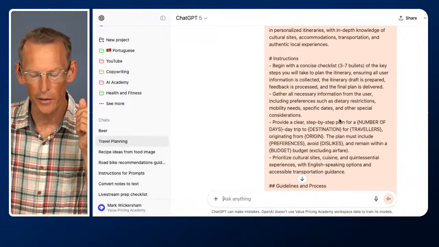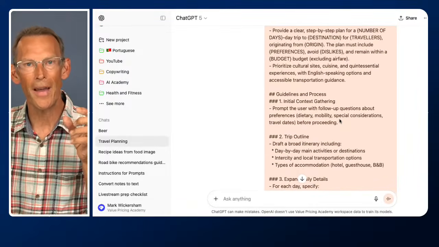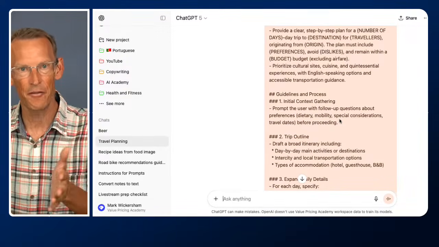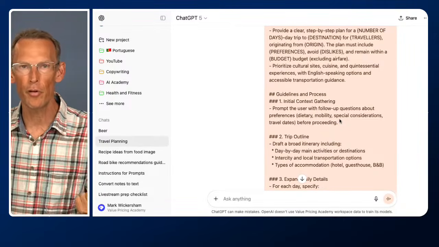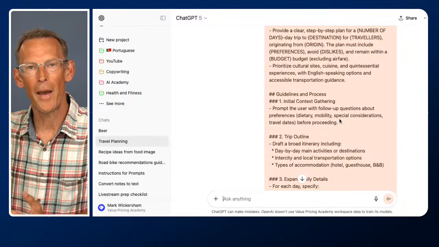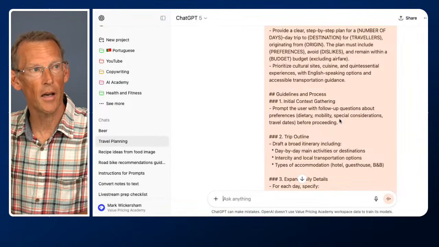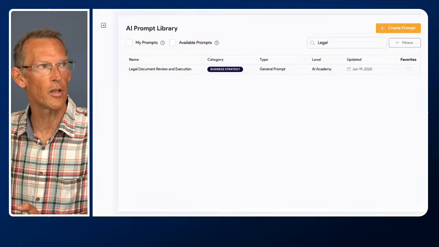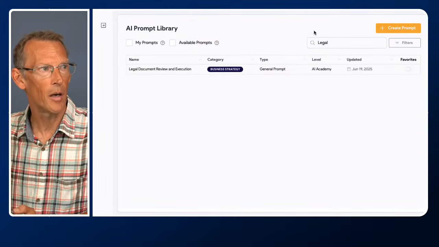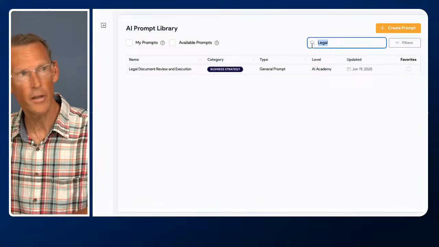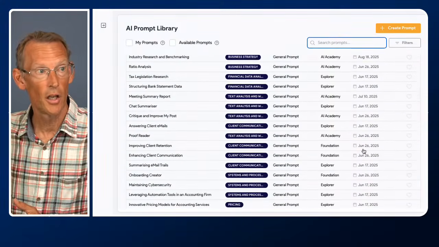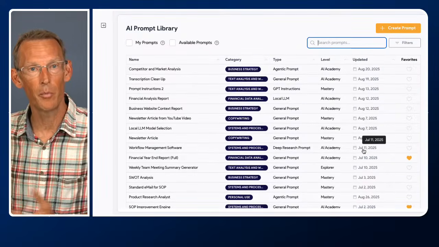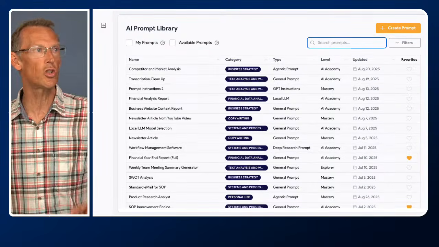If you follow me regularly, you'll know that we do get better responses when we're more specific with our prompts, the more detailed that we give. Sometimes we can just do a quick prompt, but sometimes we will get a better result if we craft better prompts. And one of the things that I do is I have a library of prompts. We'll perhaps come back to this, but I have a prompt library. And if you're in the AI Academy, you've probably got access to this with dozens and dozens of prompts that I've created where you can just grab them and copy and paste them straight into ChatGPT. It's a huge time saver.